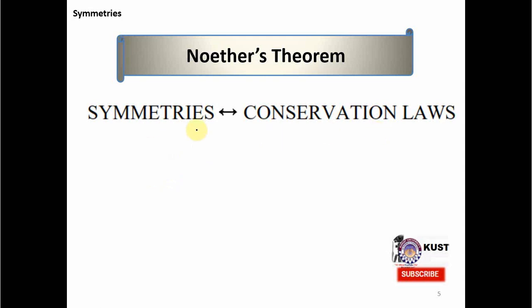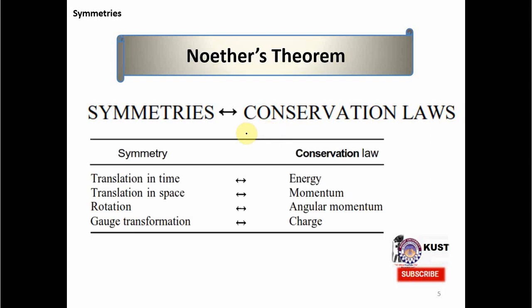So whenever there is a symmetry, either in an equation or in the system, there will be a corresponding conservation law for that symmetry. For example, if we have a rotational symmetry, then there must be some physical quantity which is conserved. Okay, now we give you some simple examples of this Noether theorem. For example,